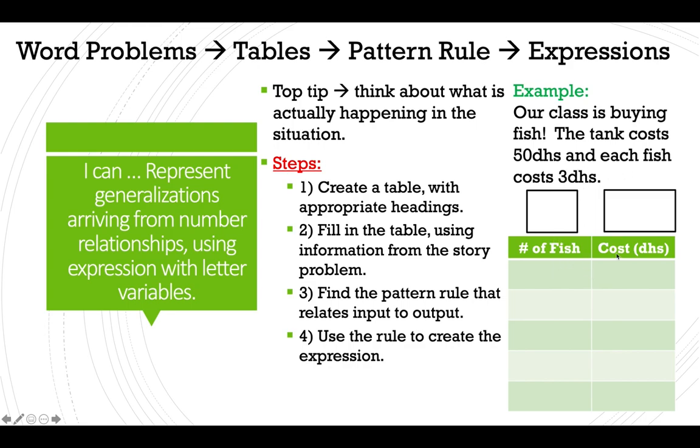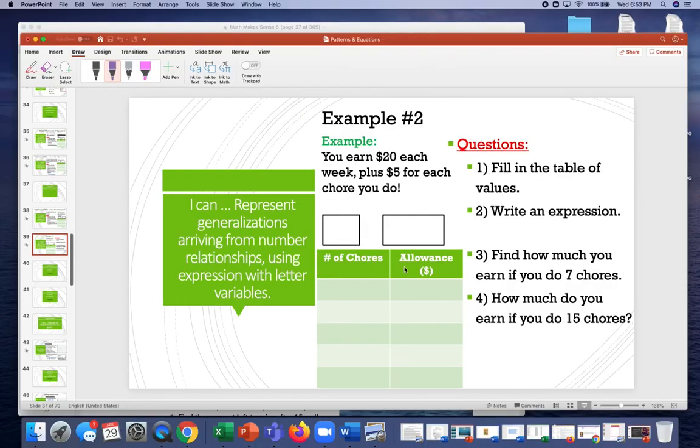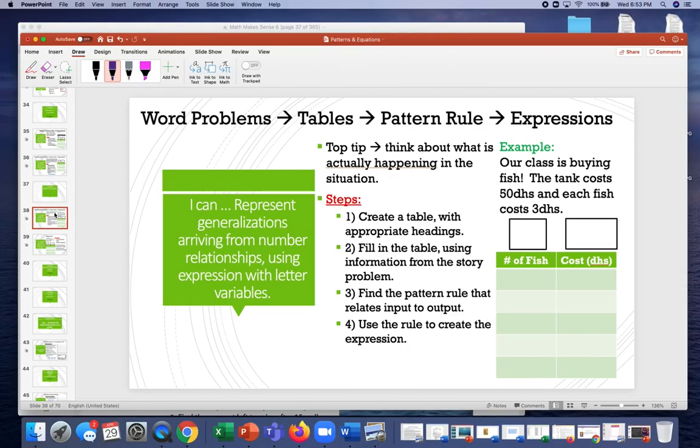Okay. So first of all, we have to set up a table with appropriate headings. That was a comment I made to some people the other day, to make sure that we don't have just input and output, but that we actually have an accurate representation of what's happening in the example. So the thing that's increasing by a normal amount, our input, would be the number of fish, and then the cost is going to be changing. So we need to think about what we would have for the fish. I'm going to start off our table a little bit differently today. What if I had 0 fish? How much would I have still spent? I can hear you saying, I would have spent 50 dirhams